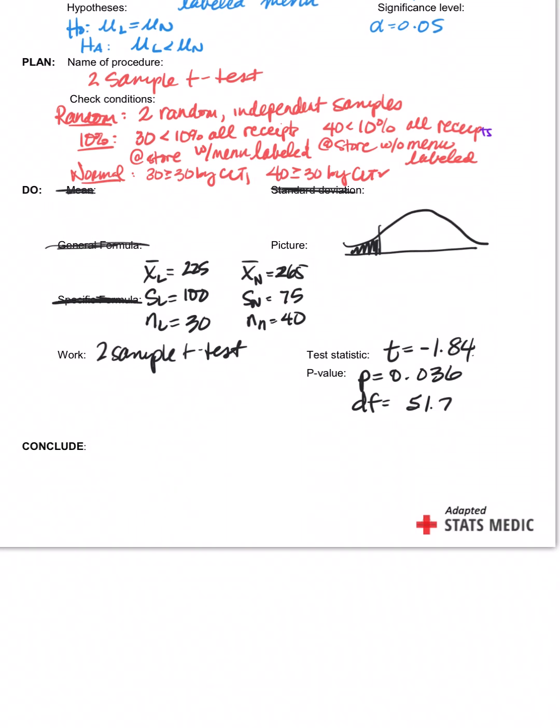Now we can do our conclusion. It's going to start off just like we've done before. So since 0.036 is less than our alpha, what does that mean? We reject the null. Then do we have convincing evidence? If we reject the null, that means we have good evidence of the alternative, or good evidence that they're guilty, right? We have convincing evidence